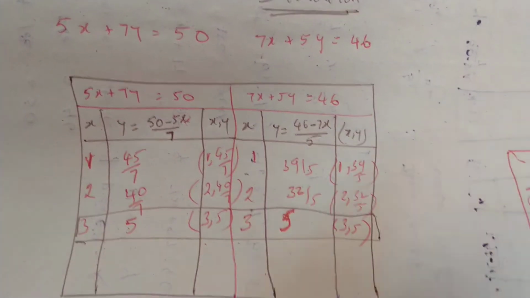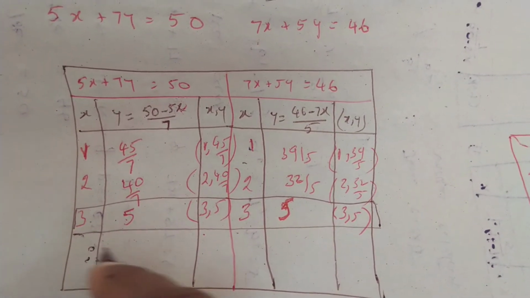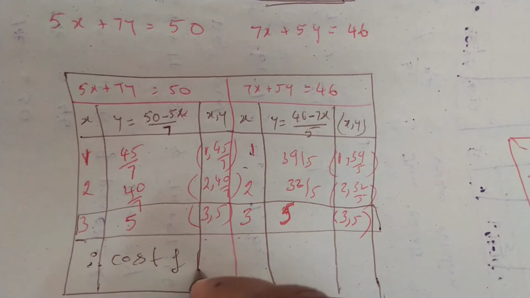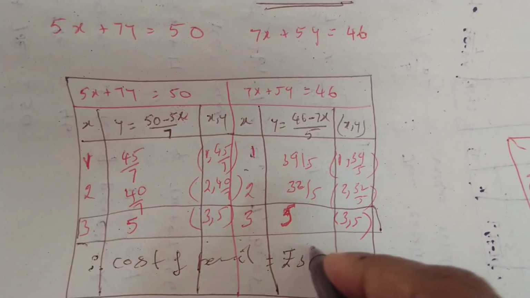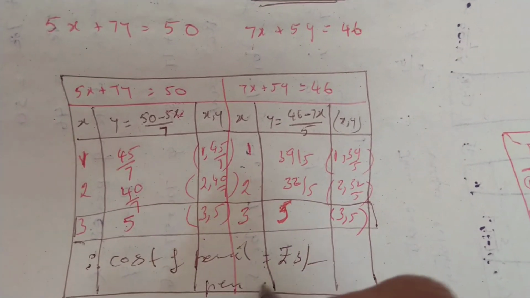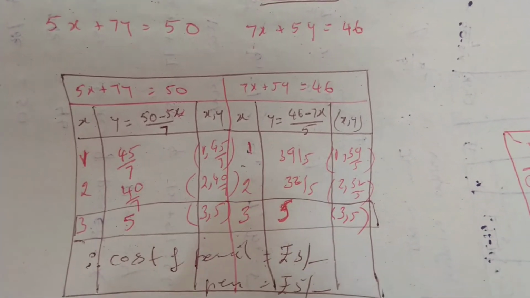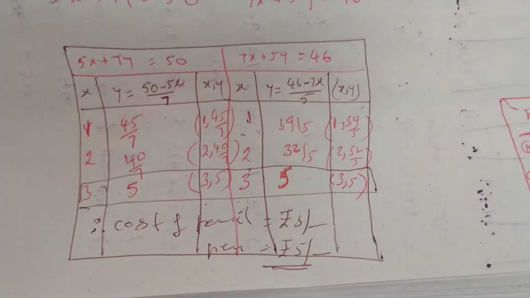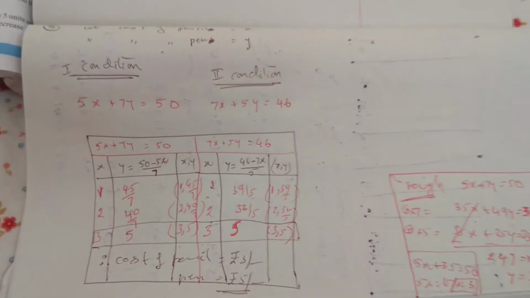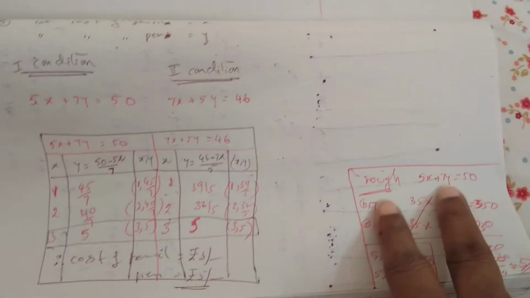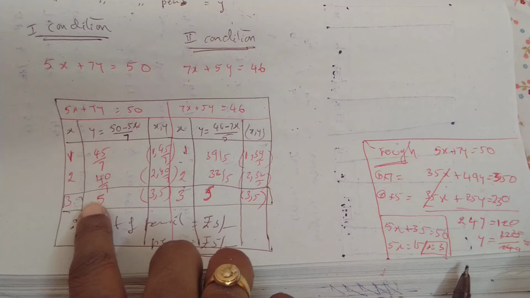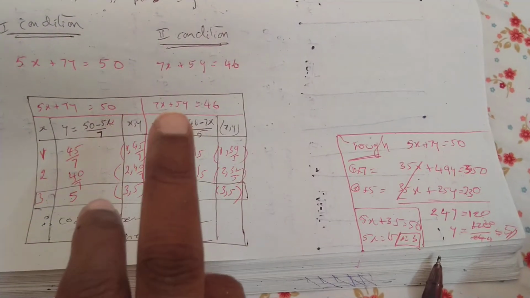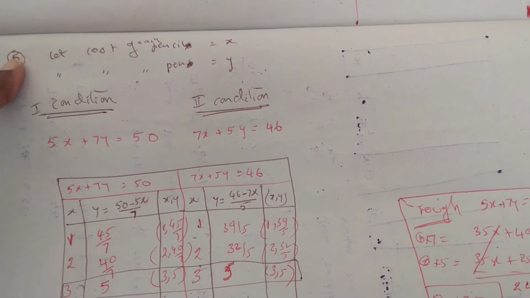So therefore, what is the cost? How are you going to write the conclusion? Therefore, cost of pencil is rupees 3 and cost of a pen is rupees 5. So this is the answer for the question. So take a screenshot of this. And what is the best way? The best way here is that first of all find out the values so that you know which values you have to use. If not, you will be skipping some values, you will be finding randomly, and it will be difficult for you to reach this conclusion, right? So take a screenshot of this.